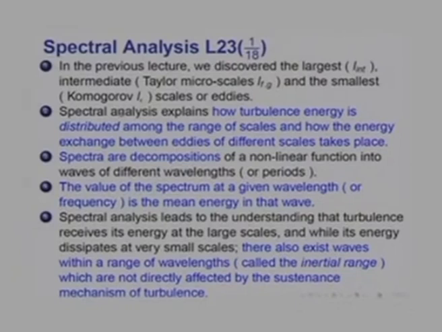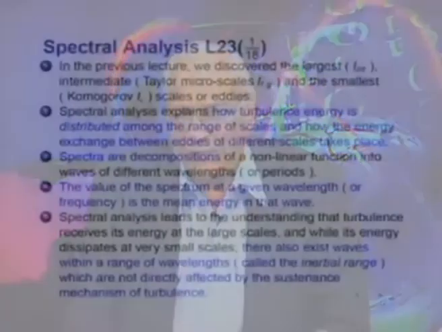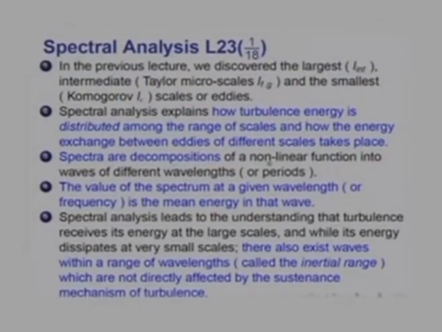Spectral analysis goes a little further, and it explains how turbulence energy is distributed among the range of wave scales and how the energy exchange between eddies of different scales takes place. In this sense, it is a much more continuous description of energy transfer from larger scales to the smaller scales. To do this, we use the notion of spectra. The spectra are decompositions of any nonlinear function into waves of different wavelengths, or they can even be periods. The value of the spectrum at a given wavelength or frequency, in case of time dependent functions, is the mean